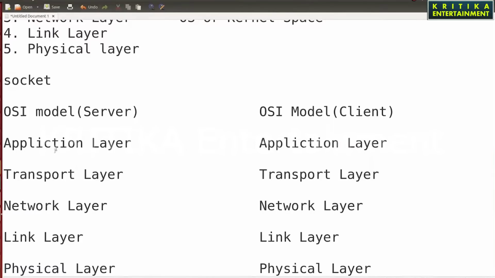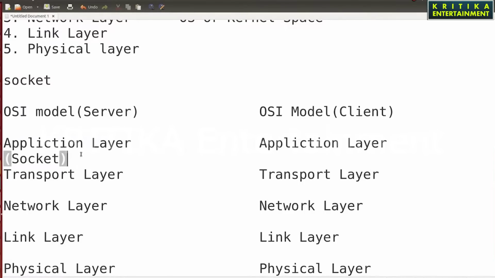Then between these two, when we want to interact from application to transport, what will happen? In between there is another API called socket. Here the socket is a temporary file.